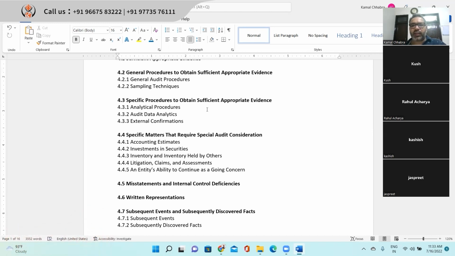Three types of materiality, right? What are those three types of materiality? Overall materiality, performance materiality, and tolerable error. Tolerable error, right? So what is generally performance materiality for a listed company? With 50 to 75% of overall materiality. Absolutely true. Depends on how strong the control environment is, and whether any past misstatement or mistake has been observed by the auditor or not, right?